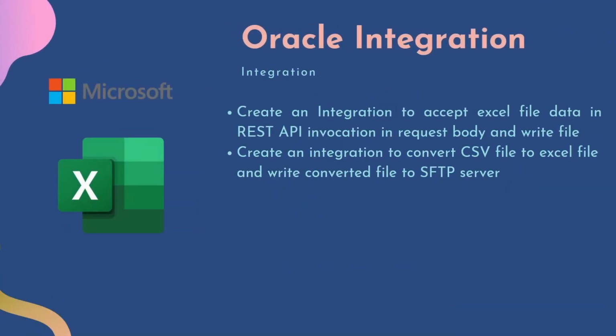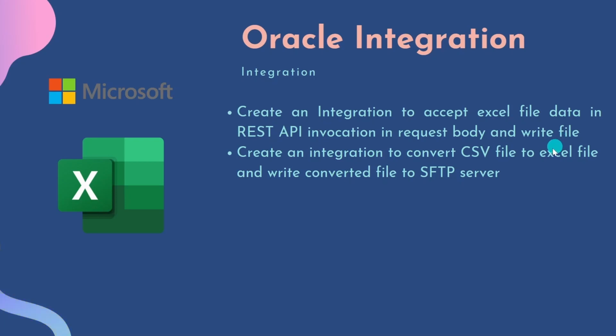In our previous class, we had seen how to create an Excel file and push that file to an SFTP directory with the help of an OCI function. In this class, we are going to learn how to create the same use case with the help of OIC integration. Since there is no direct support for Excel file in OIC integration, here we are going to make use of an OCI function, that is, integration will make a call to the OCI function in order to create the Excel file. Integration will just pass the data to the function, and the function will create the file and upload the file to SFTP,